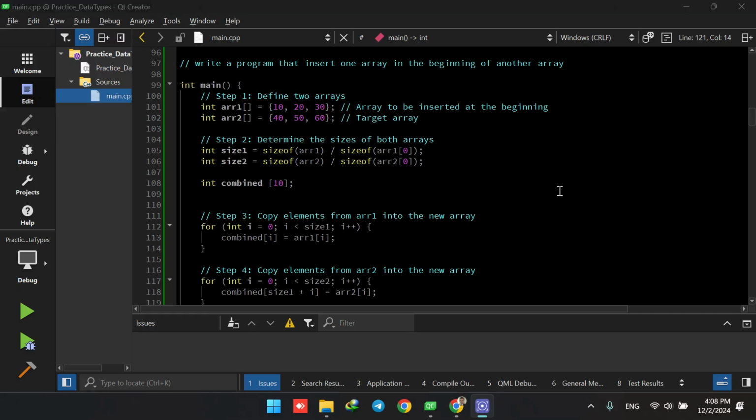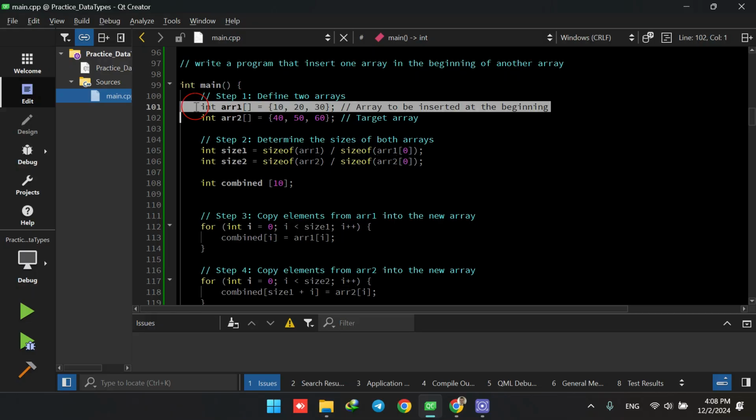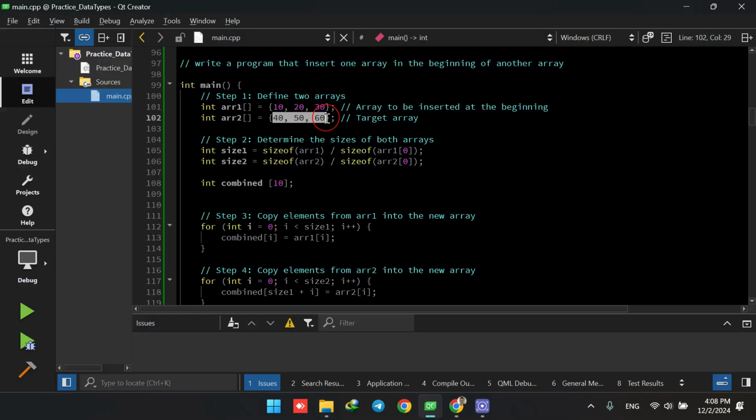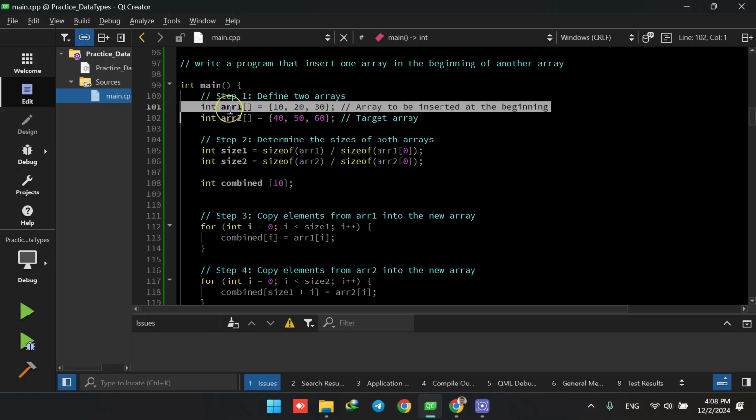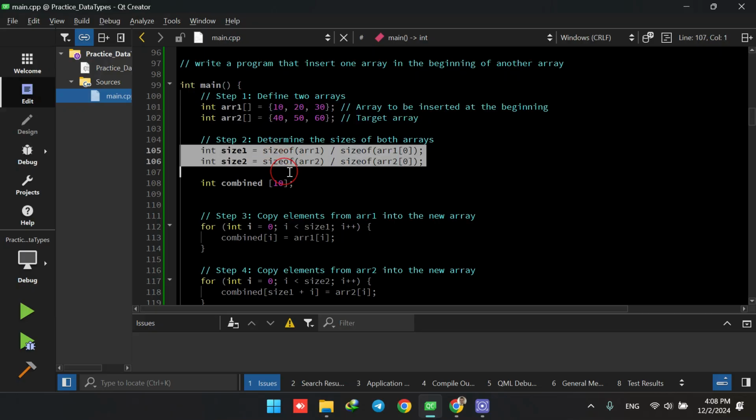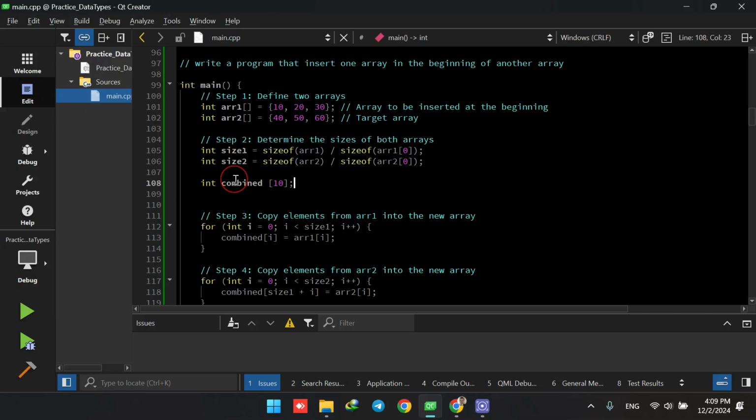Hello everyone, welcome back. In today's video, we are going to do some coding exercises regarding arrays. We would like to write a program that inserts one array in the beginning of another array. This is our target array, R2, and we would like to insert R1 in the beginning of R2. So we first declare and define both arrays, we compute their corresponding sizes, and then we are